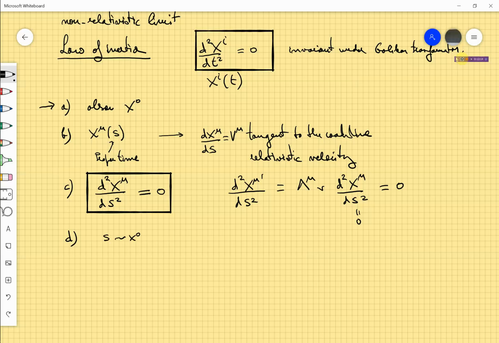This means that the velocity is approximately equal to this, and if I write this as a column vector, this is more or less 1 and vi divided by c, where these vi's are the Newtonian velocities